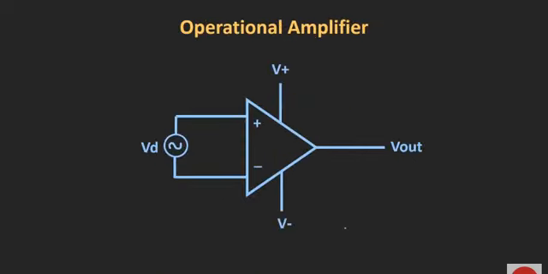As soon as the input voltage goes beyond some threshold value, at the output you will get a minus saturation voltage. So whenever this operational amplifier is used in an open loop configuration, that means there is no feedback from output to the input side, even if we apply a small input signal between these two input terminals, you will find that the output gets saturated towards the positive or the negative biasing voltages. This particular characteristic of the op-amp is useful when we use the op-amp as a comparator. This is one of the applications in which the op-amp can be used.